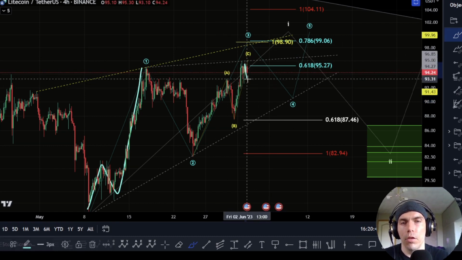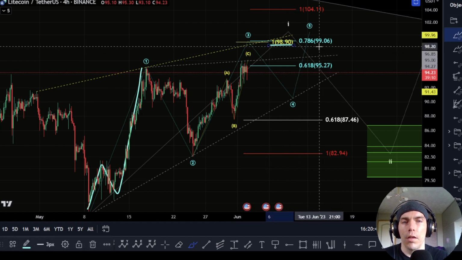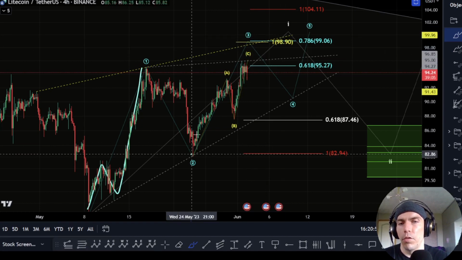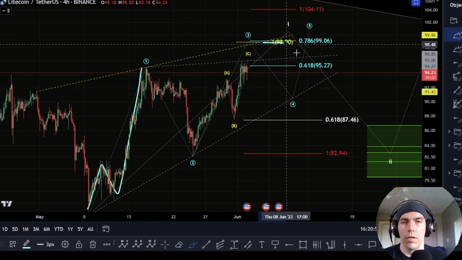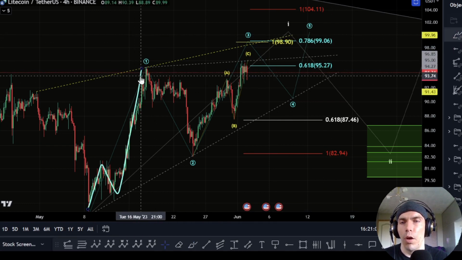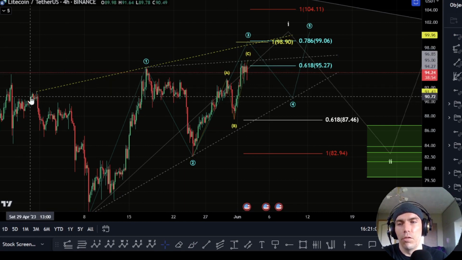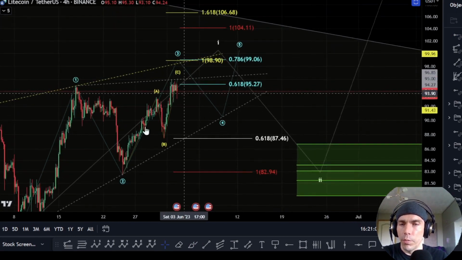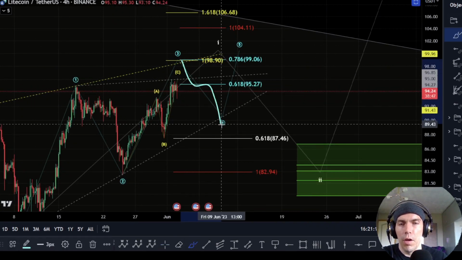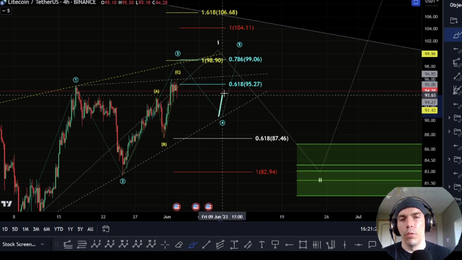If, however, we do get that additional push higher up towards this zone of 98.90, what we could then see is that this 3rd wave is actually higher up here, where this becomes ABC, 1-to-1 is met at this 98.90, which would also be a 0.786 of this wave 1. So this would mean that we would have this up here. I've drawn this trend line just loosely based off of this high and this high here. Now, if we did see this play out, what we would then be looking for as confirmation would be a 3-wave move to the downside again into this ascending trend line here, and then